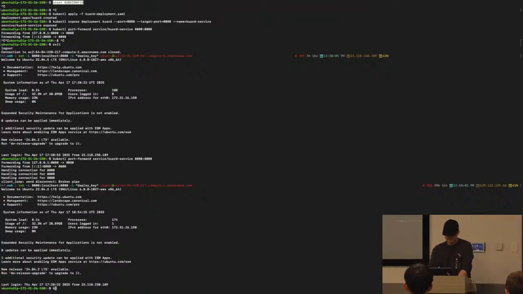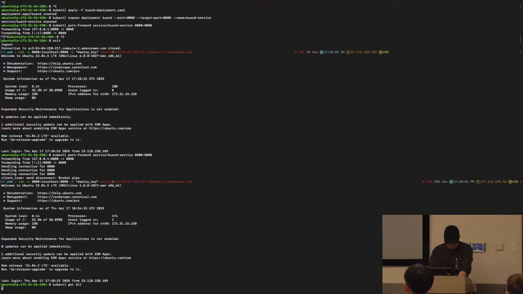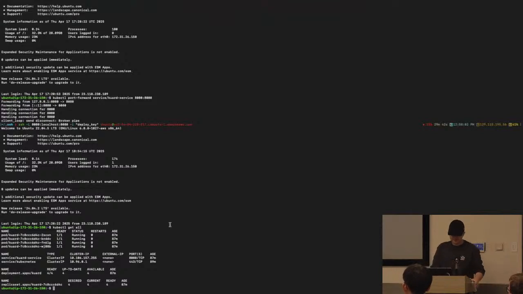So with Kubernetes, let me see if I have everything. Okay, perfect. What you can do with Kubernetes is run these things called pods. Pods are essentially containers that mimic the services that actual virtual machines or servers would be running. And as you can see here, we have 4 pods running. I don't know the correct term for this, you can correct me, but you can almost think of these as replicas of each other. They're all running the same service, the same thing, and you can think of them as pretty much synced.